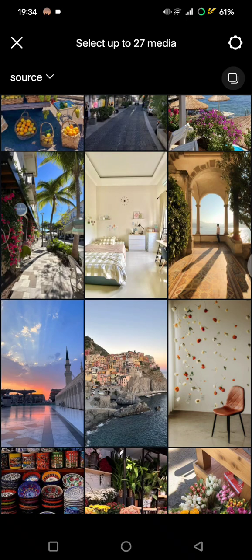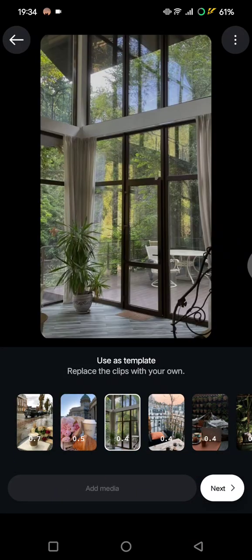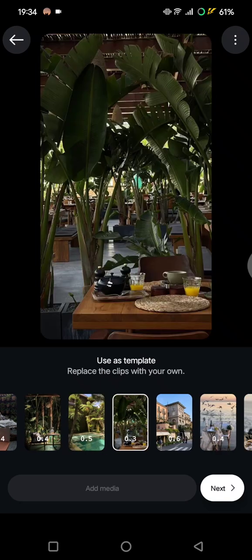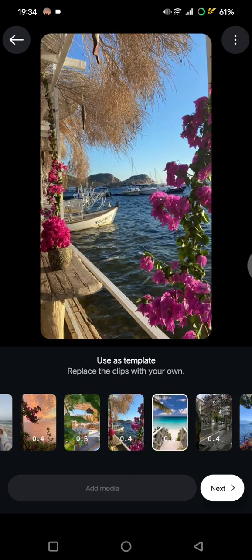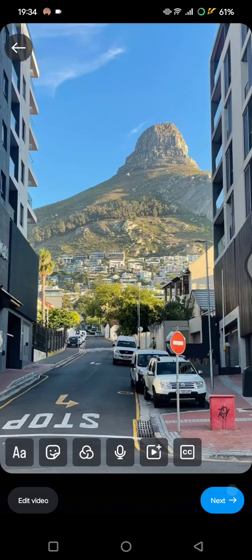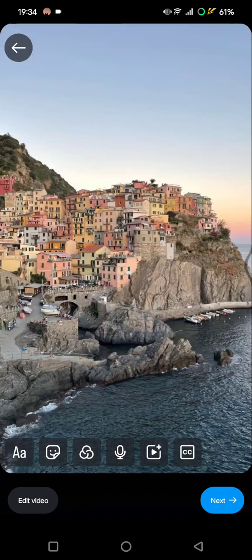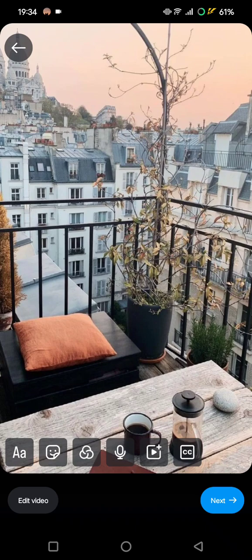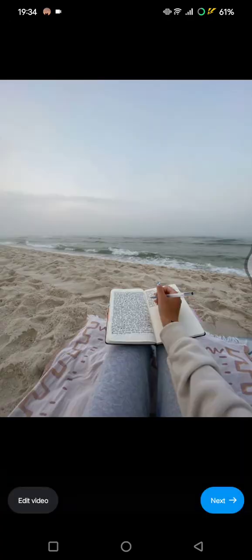will be the preview of how your reel will look like using the template. You can see, replace the clips with your own. If you're satisfied with the result, you can tap on next, and you can also edit it again. You can add text, stickers, add music, or add subtitles in here, but I'm not going to, so let's just